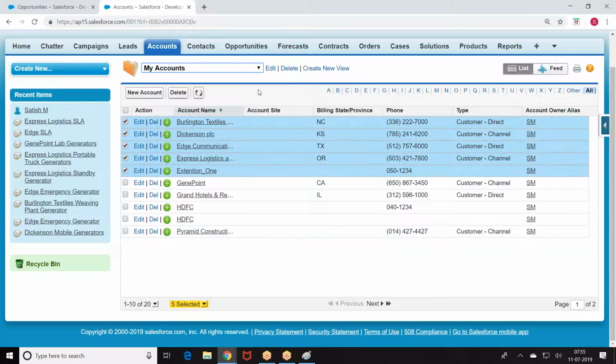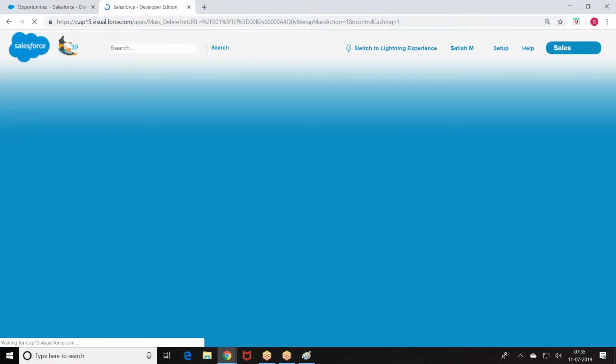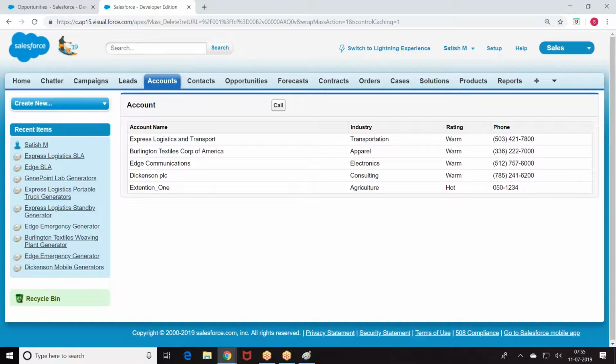Yes, Satish. Now the point is, it is not that we cannot make a page, but the page cannot be called directly. You need to click on a button, then only the page will be called. It's not a direct page. Using an extension, I create a button. When you click on the button, the extension page will open.